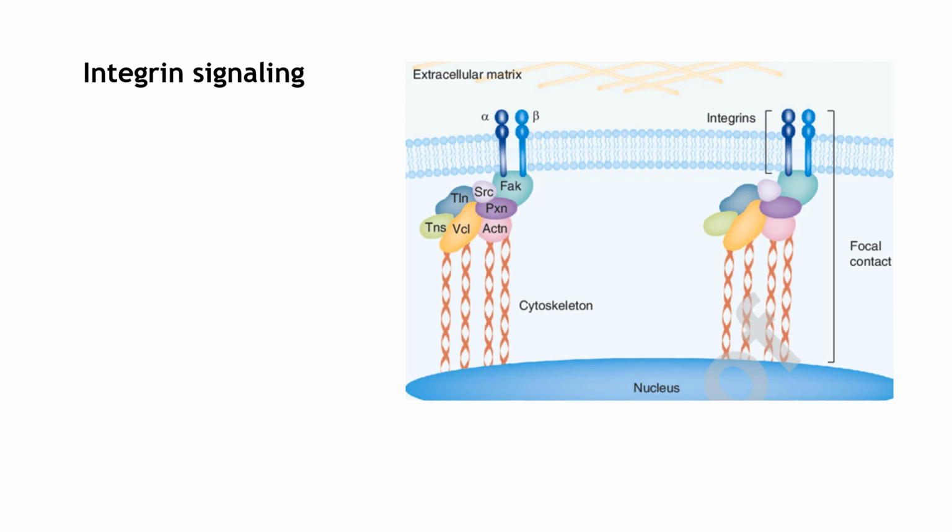Okay, so we're going to talk about the integrin signaling. Again, here you have the extracellular matrix. Here you have the two heterodimers, alpha and beta, and here you have the integrins. However, this is not the only way. It's not only the integrins that are in charge of the signaling. It is an entire multi-protein complex. So here you see many proteins involved in that, that attach to the cytoskeleton and then attach to the nucleus. In other words, you don't need to remember every single protein, but I just want you to remember that the integrins are just a group of proteins that are in the membrane that connect to the extracellular membrane, to the cytoplasmic side, and all this structure is called focal adhesion contacts